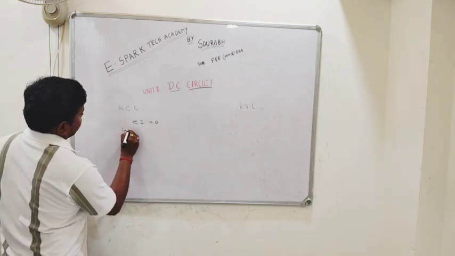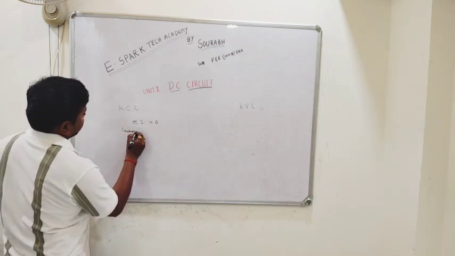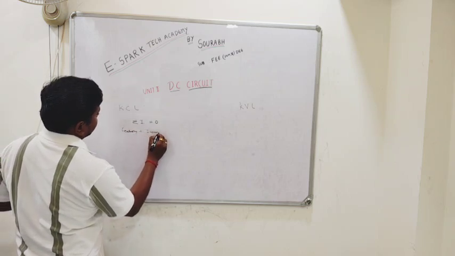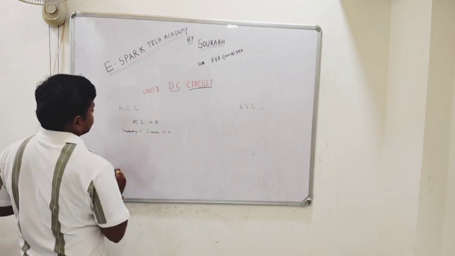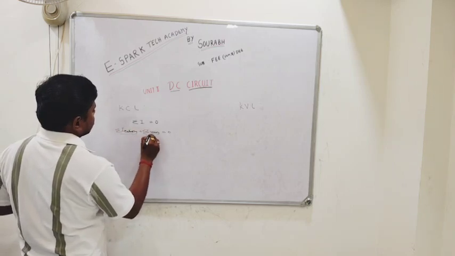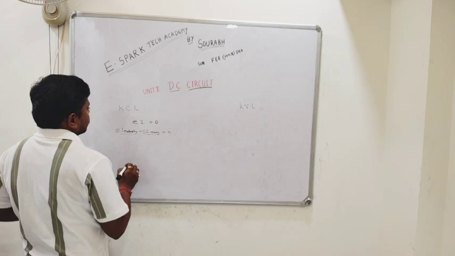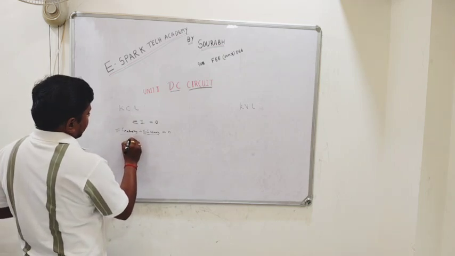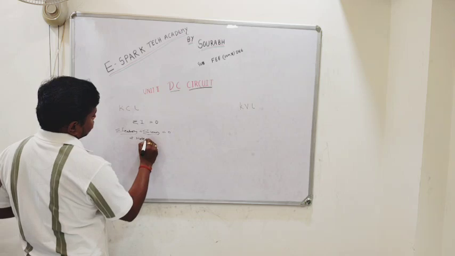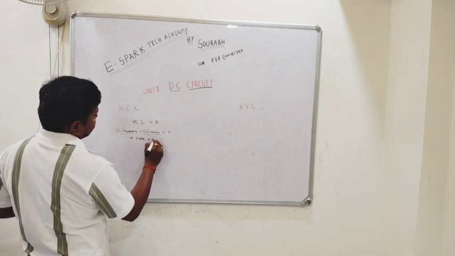I entering plus I leaving is equal to 0. Summation of I entering and summation of current leaving is equal to 0, at a node in a